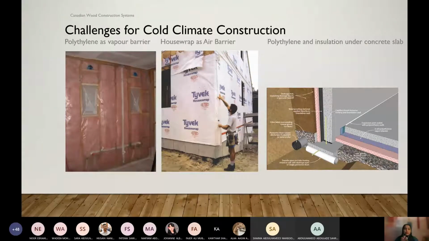I always give the comparison with our cold climate: we have to wear a jacket, and that jacket is made of a material that acts as an air barrier. It's like a nylon kind of fabric, and inside we have insulation kind of things, like sweaters.